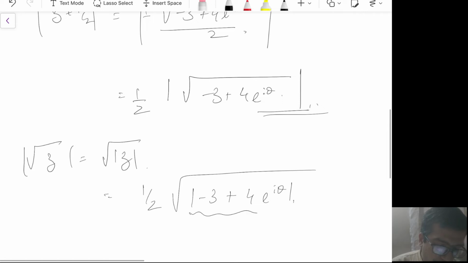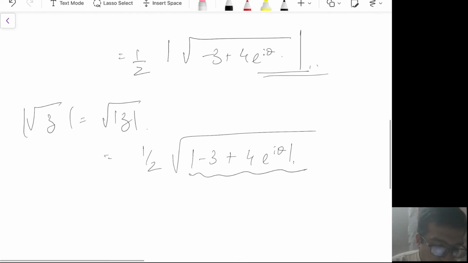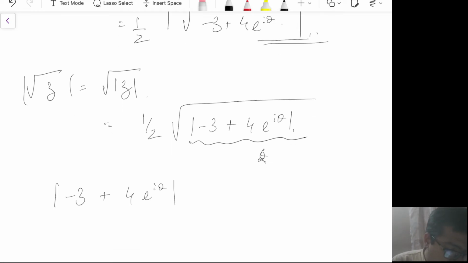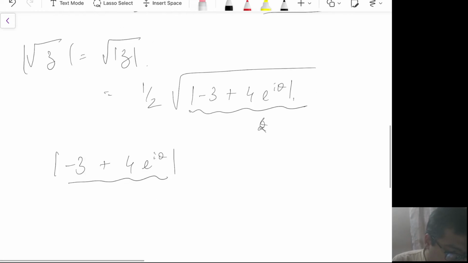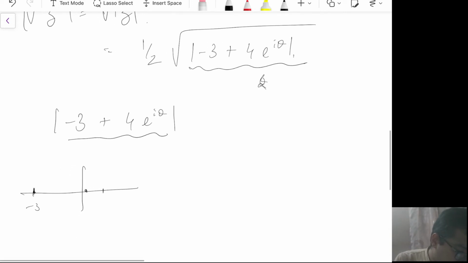If we look at this expression, minus 3 plus 4 e to the power iota theta, we can check that its magnitude lies between certain bounds. So if I have a point, say minus 3, and I draw a circle of radius 4,